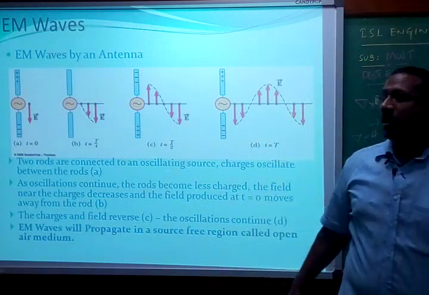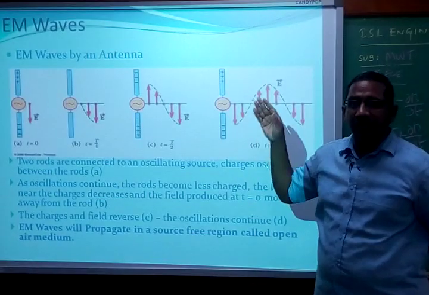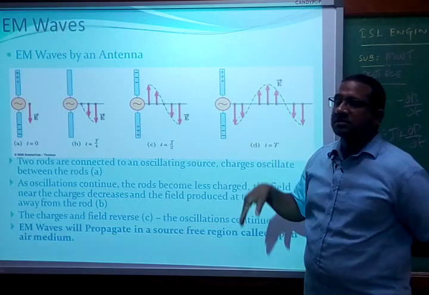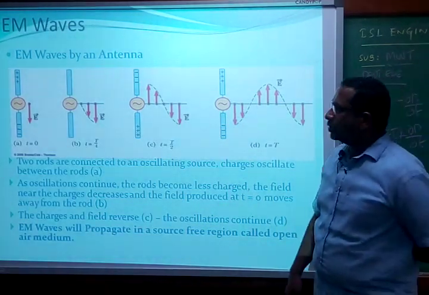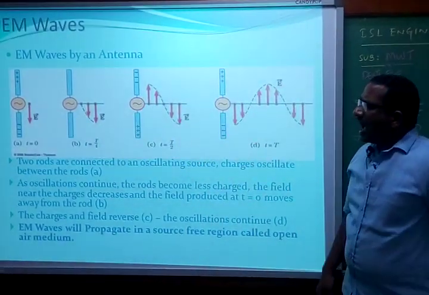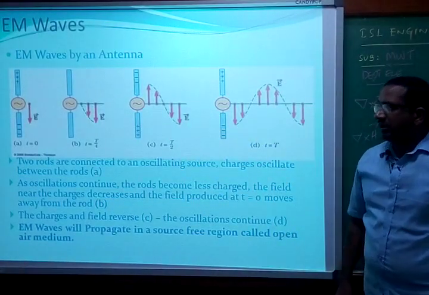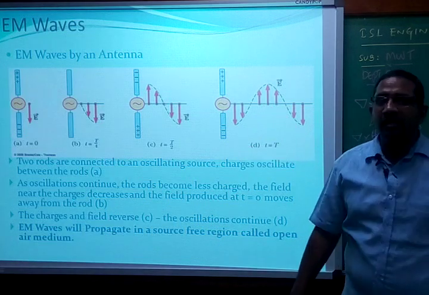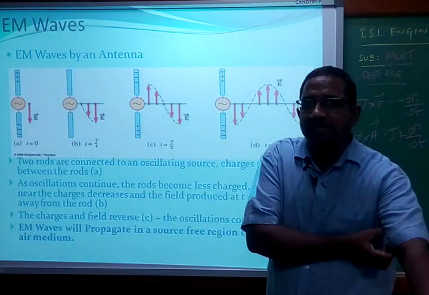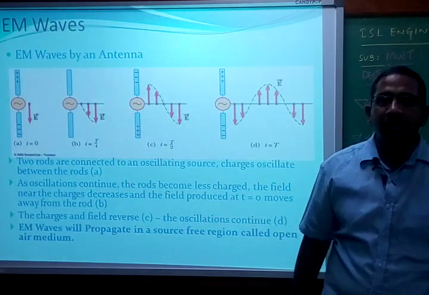Dipole means what? The polarity of the two poles varies based on the variation of the input signal. The input signal is a time-varying signal. When the input signal varies, the polarity on the dipole varies. As the polarity varies, the waveform also makes excursions. Once the wave comes out of the antenna, it travels in free space. That is what these waves show. Now the source of EM waves is basically a transmitting antenna. A transmitting antenna radiates an EM wave into free space.